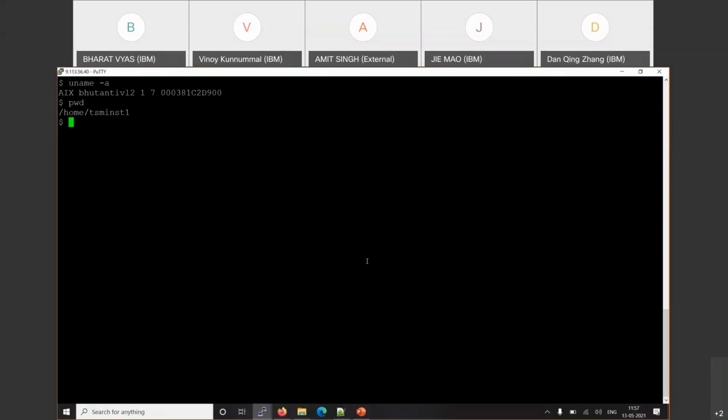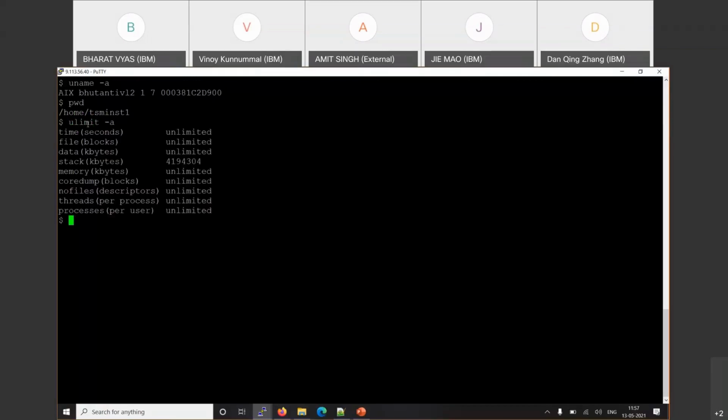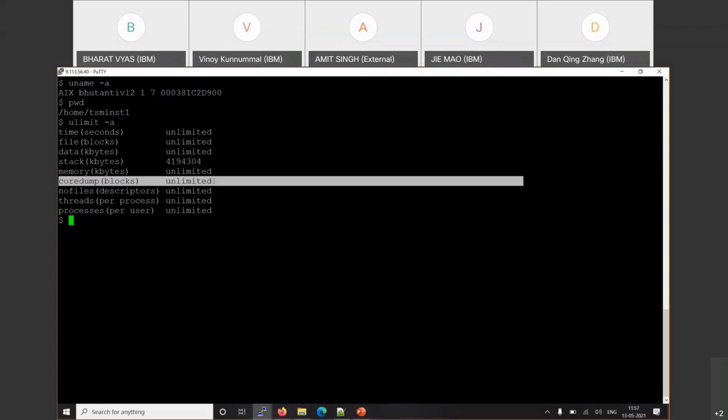In this demo, I will show you how to generate a call stack from the core dump, which is generated by a Spectrum Protect server crash. In this example, this is my AIX box. First I will verify whether the ulimit is set to the correct value or not. As you can see, this is the core parameter which we need to verify.